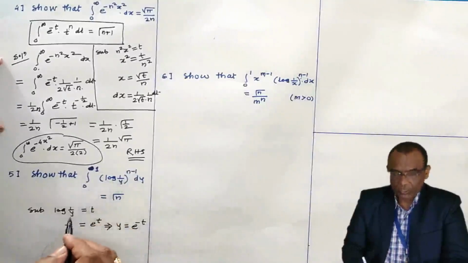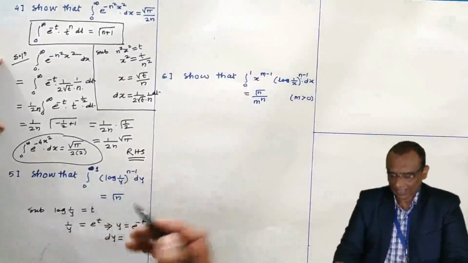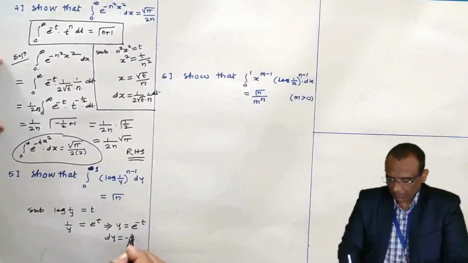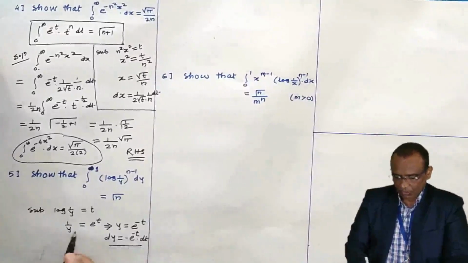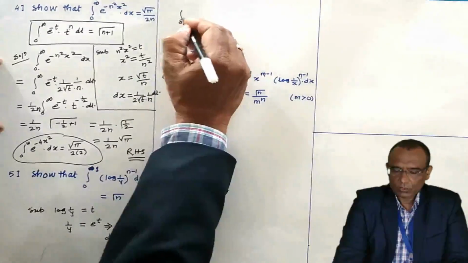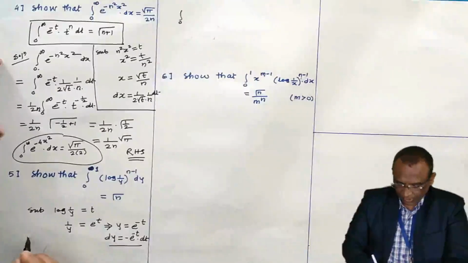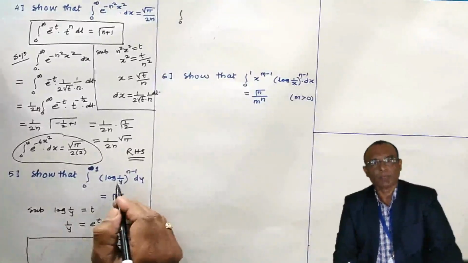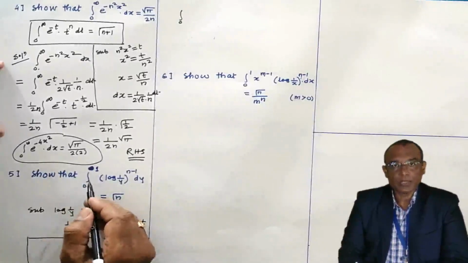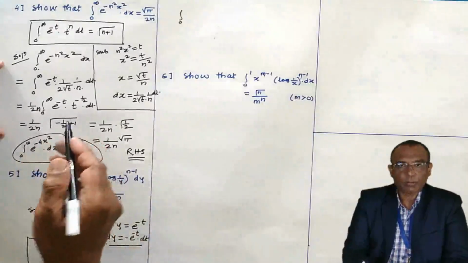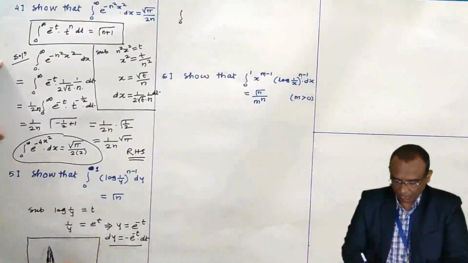and we are using this substitution. The value of dy also we have to find. So y may be replaced by x in the examination. The derivative of e power minus t is minus e power minus t dt. Now, take the left hand side, 0 to 1. Now, one more thing. Here, we are dealing with the log function and we are substituting this. To check whether limits are being changed or not. As in earlier problems, limits have not been changed. But here, you please check whether limits are being changed or not.